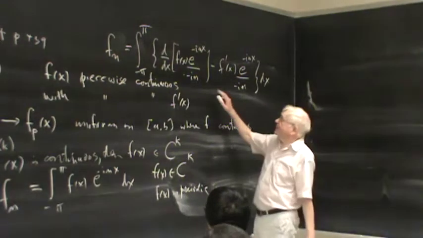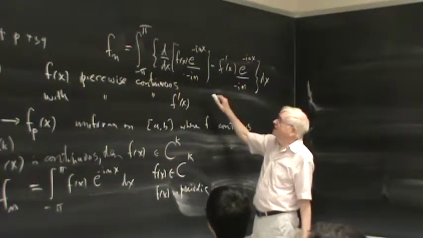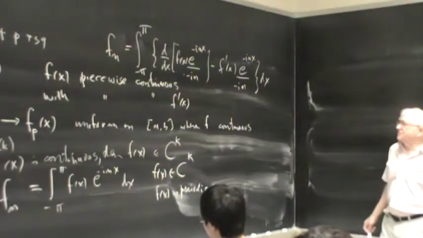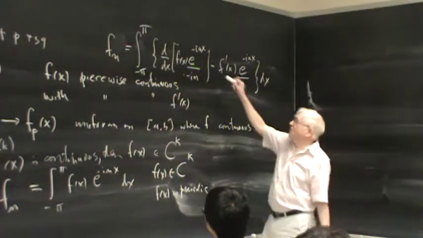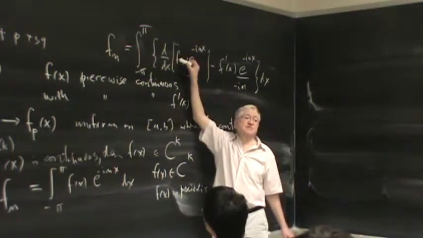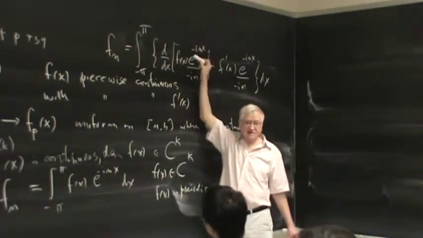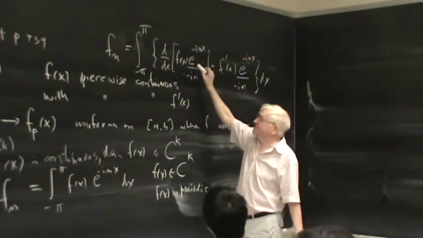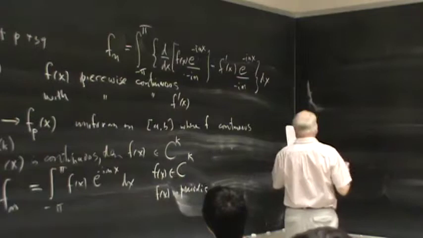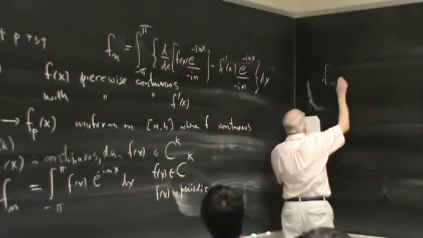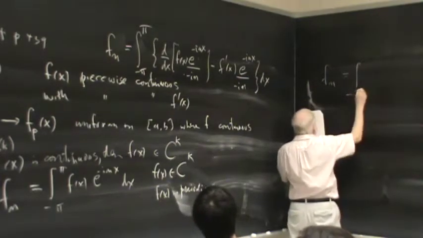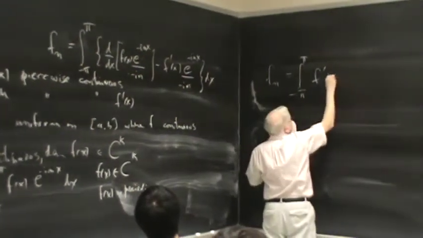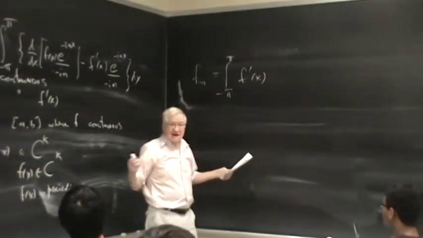But now, we can do the first integral, because it's a total derivative. On the other hand, both the phase factor and the function are assumed to be periodic. The phase factor is, and you're assuming that f is periodic. So the surface term vanishes. And so F_n is just the integral from minus pi to pi of f prime of x, which exists since this is in C^k,